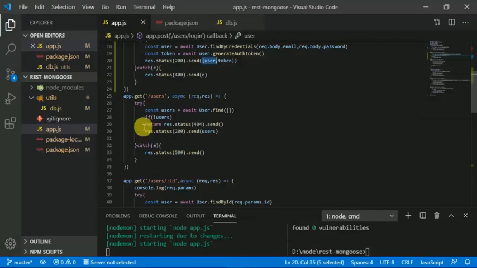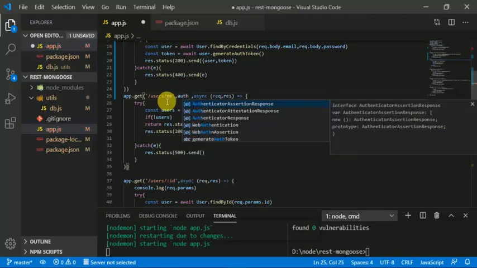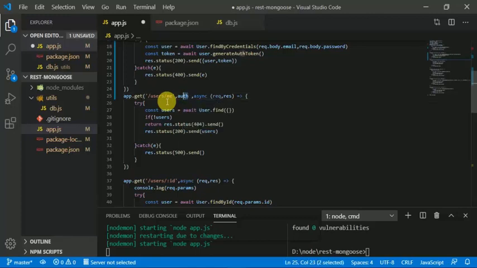Now we are going to use the tokens that are saved in MongoDB in other endpoints, like the users endpoint, but a user doesn't want to see another user's profile, so it's going to be a user profile method. So we are going to change the endpoint to users/me, and now for looking into a user's profile, we are going to use that token specifically. So we are going to use a term called middleware. That means, let's say, the new function or method that we name auth is going to run before this